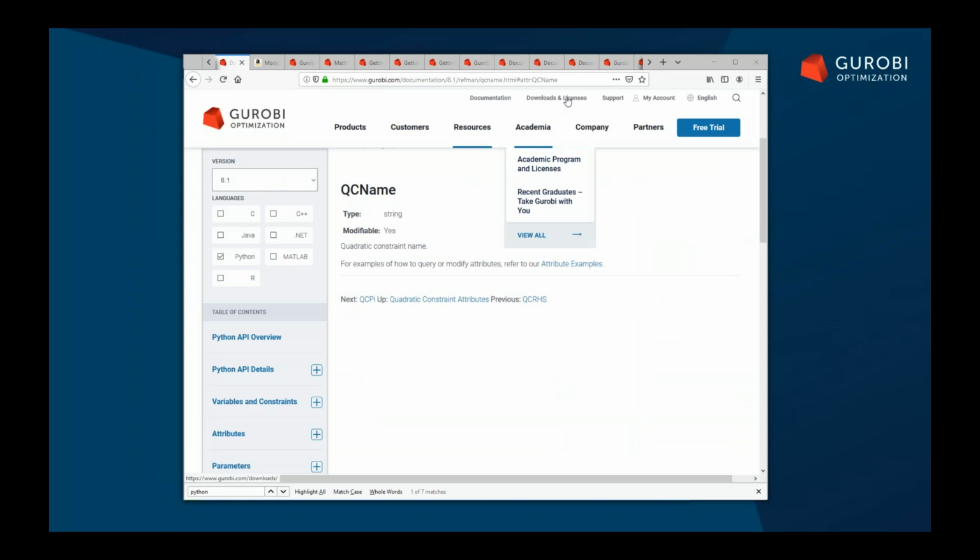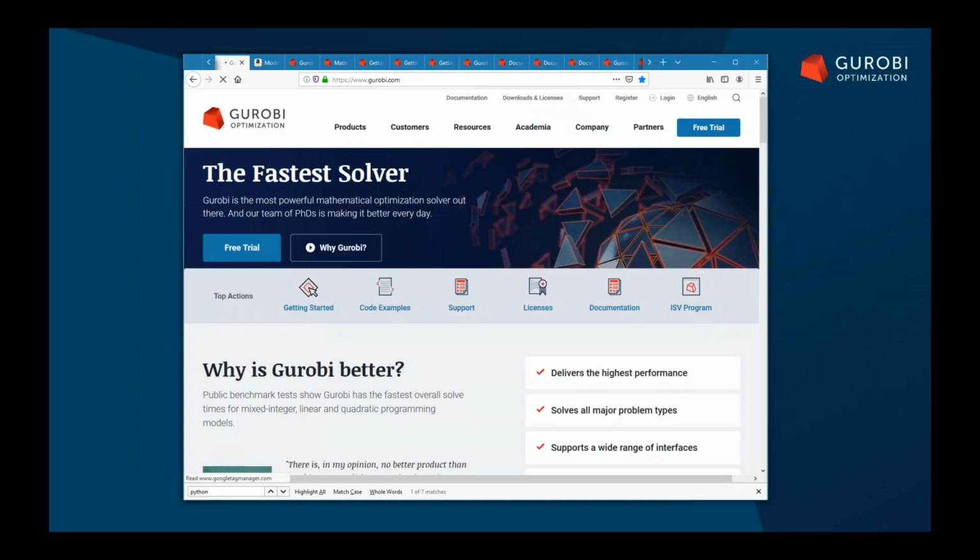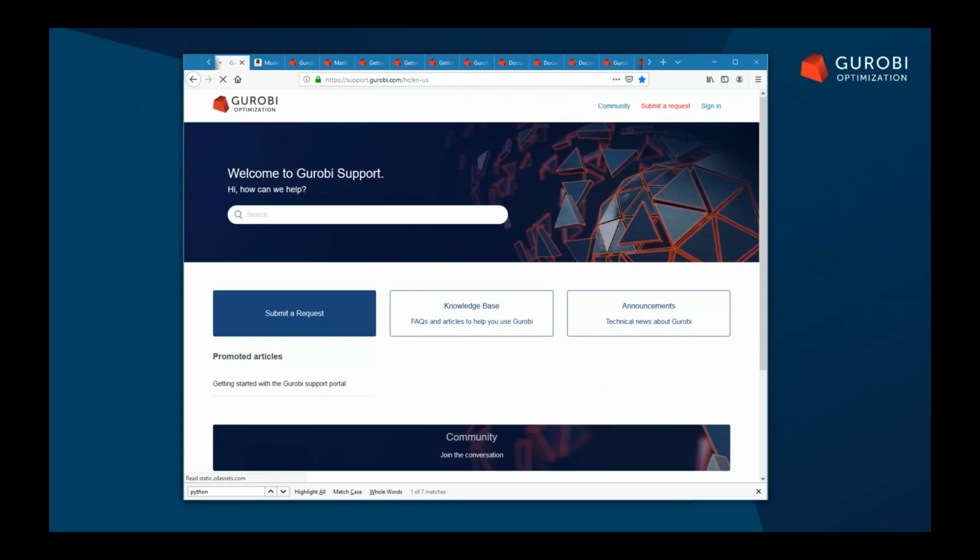So again, I'll go to the main page for Gurobi, and we have to jump to support. We'll wait till it gets there. So support here is a support portal link. That's what I'm encouraging you to go to. And there are three main sections to pay attention to here. First, I'll take the easiest one to describe, and for commercial customers, this is an important one. You can submit a request here. Even if you don't have a maintenance contract yet, you're evaluating, we encourage you to use this to submit a